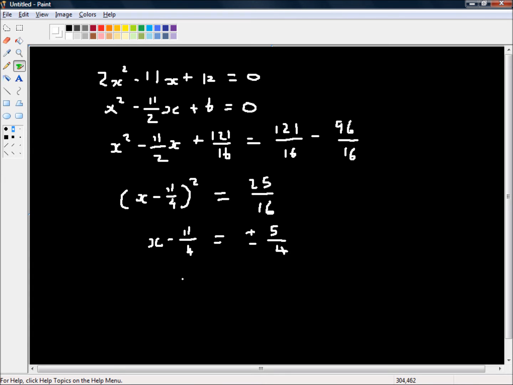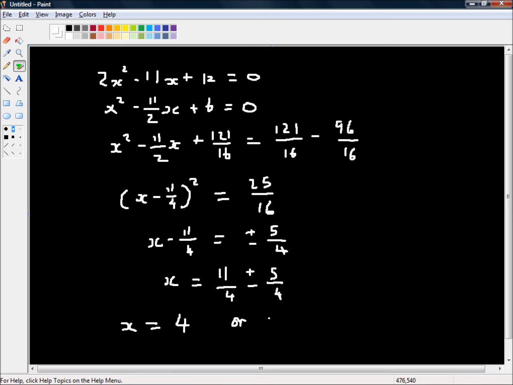Taking the 11 over 4 across the equals, we've got x is equal to 11 over 4 plus or minus 5 over 4. So either x is equal to 16 over 4, which is 11 plus 5 over 4, and 16 over 4 is 4,